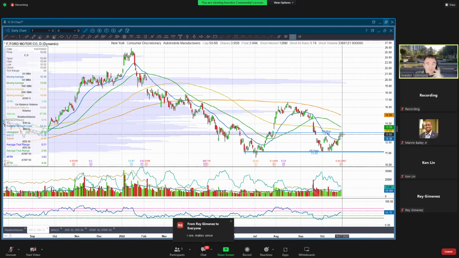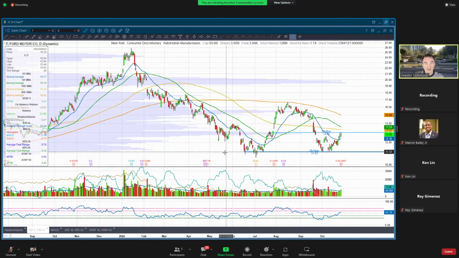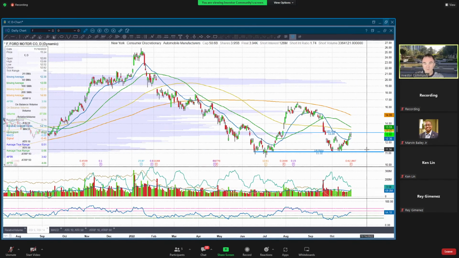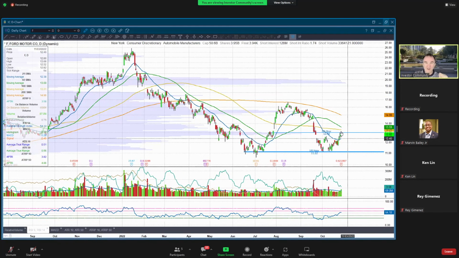So for this one, and this is not financial advice, but if this were me, I would just be buying stock here. If I really like this company and think it's going to do better in the future, I would just buy stock. This is only a $12 stock, so you can get a fair bit of stock. But if your account size says I can't buy the amount of stock that I want to, then yeah, I can see why you want to buy LEAPS.